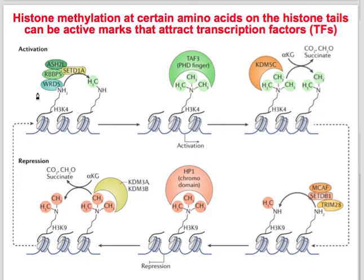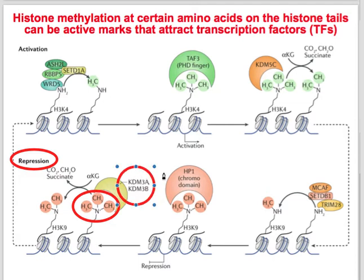So with methylation, in a lot of cases, it's going to repress stuff. Because this methylation, for example, is going to attract repressive proteins. That's the key: this altered amino acid right here is going to attract specific combinations of proteins that really just shut everything down. And if these proteins show up because of this signal, everything is just done, basically, because these keep the histones